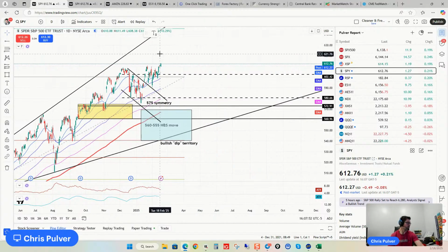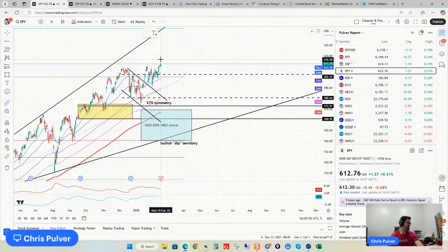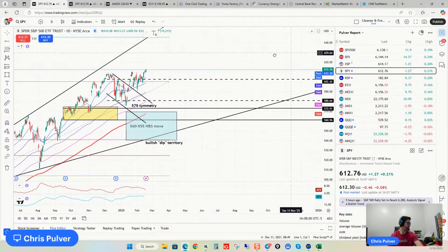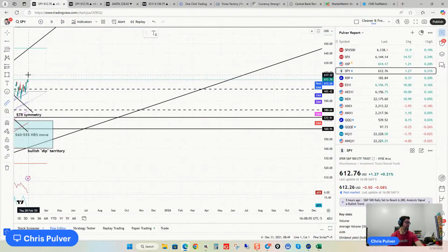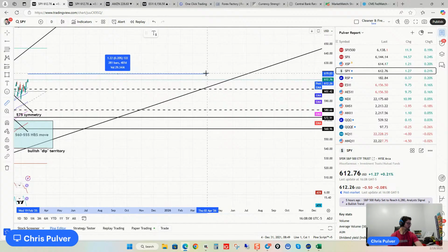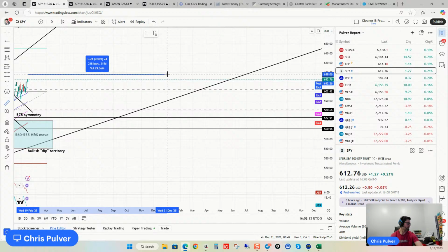Because if we did that, let's say that we go all the way to December 31st. Okay, let's see how far out this can go. So I'm going to compress this chart even more. Let's go out here. How many more days would this be? So if I went to December all the way to the end of the year, okay, that would be around 218 bars. So we're already 320 some bars overextended. Okay. So if you tell me that we're going to be 540, 550 bars overextended, if I have room to